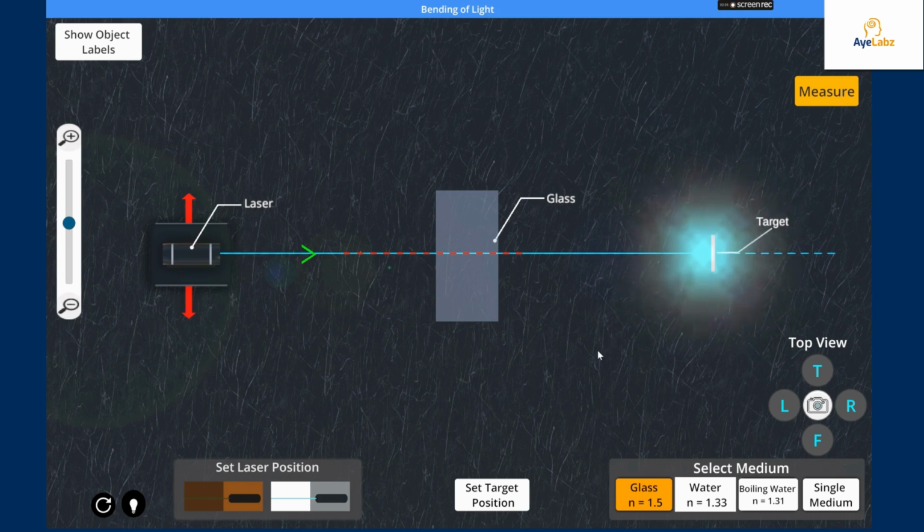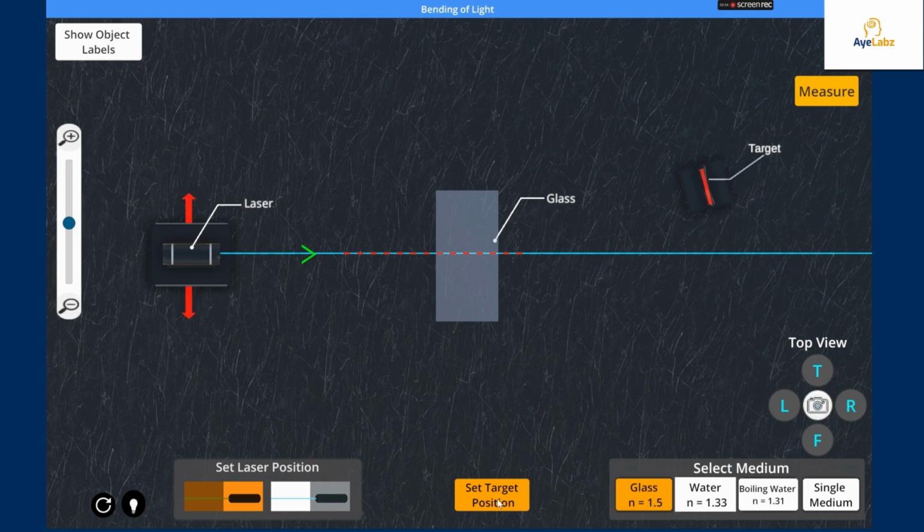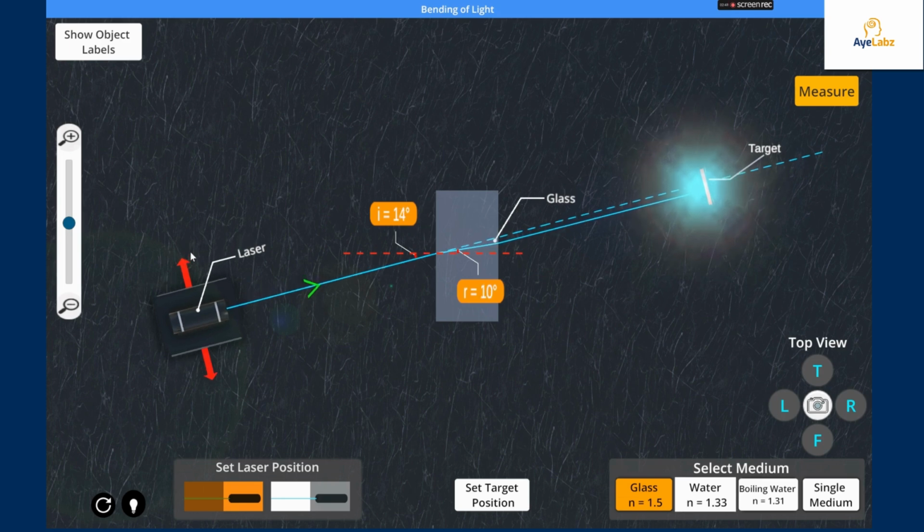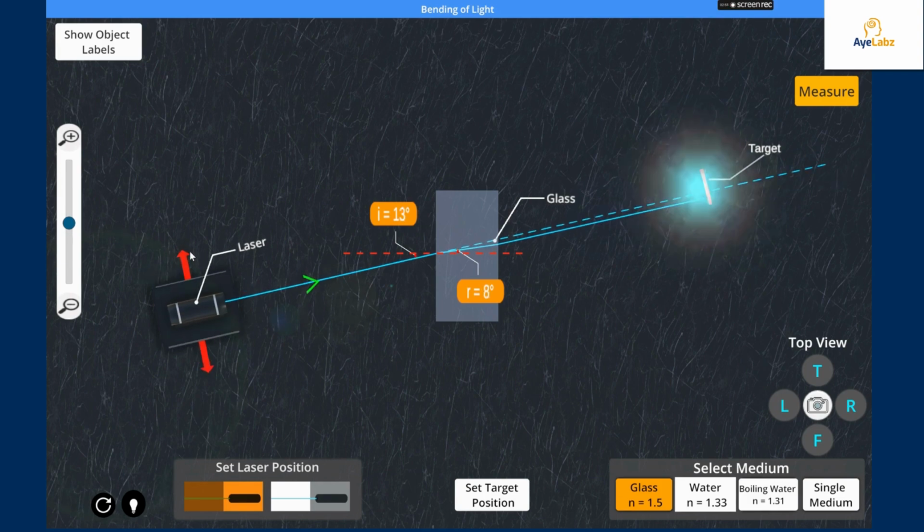Now it's time to set the target position. By clicking on this center button, set target position, this will place a target where the laser will be aimed. Once the target is placed, you can drag this laser source using your mouse cursor. By click, hold, and drag, you can position it so that the beam can hit the target through the medium. Here the medium is glass,